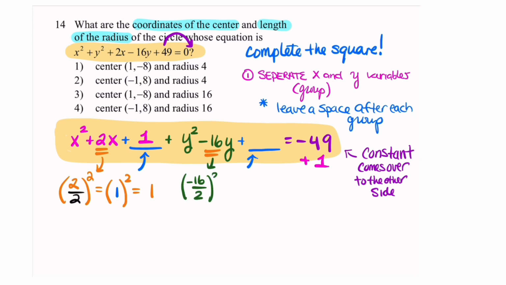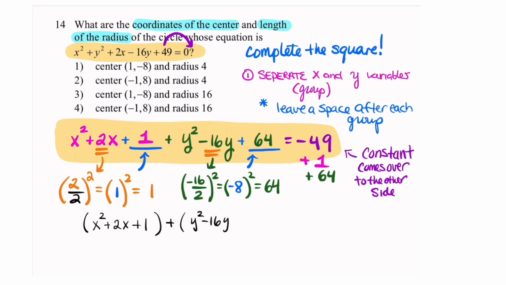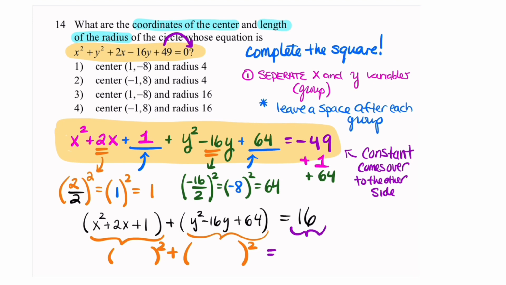For our y grouping, I'm going to take that negative 16 and half of that and square it. So that's going to be negative 8 squared, or 64. So adding 64 in that missing spot, I must also do to the right side to balance the equation. Now the whole purpose of doing that is that the new groupings that we have, the x squared plus 2x plus 1 and the y squared minus 16y plus 64, and on the other side we get a nice 16, on that side, these groupings can be rewritten in a nicer way as perfect binomials squared,